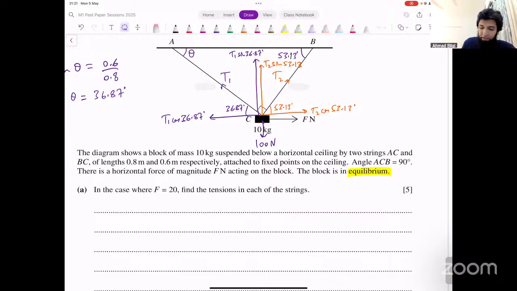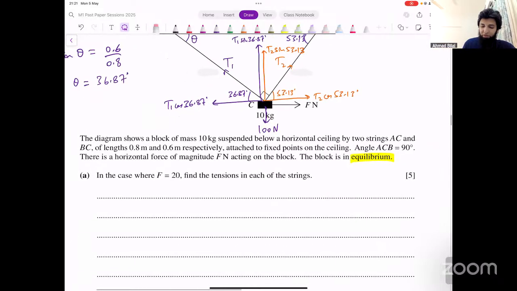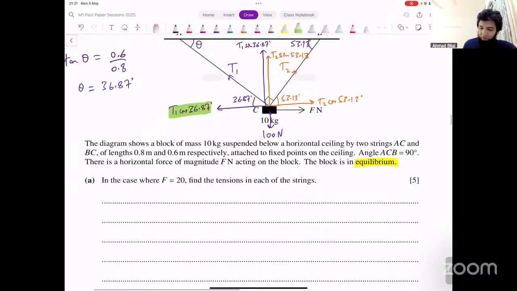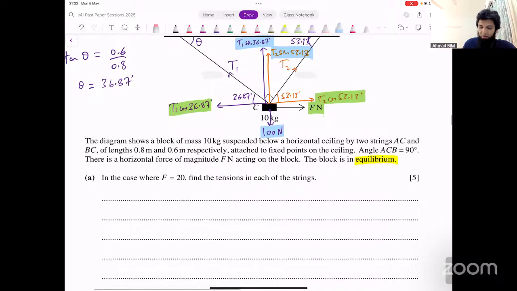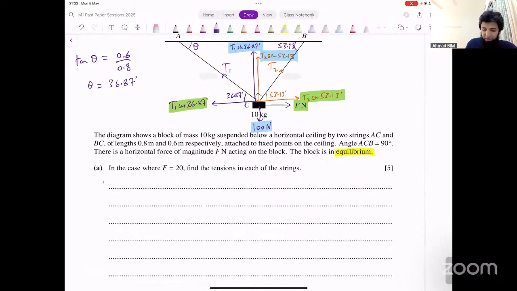All we have to do now is equate the opposite forces and make two equations. This should equal this plus F, and this tension component should equal this plus the other tension component, that should equal 100. We get two equations from that. Left equals right, that gives us T1 cos 36.87 equals F plus T2 cos 53.13. That's one equation. And the other equation, upward forces equal the downward forces, T1 sine of